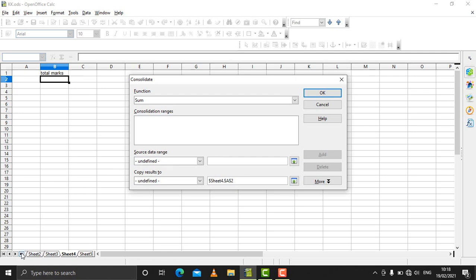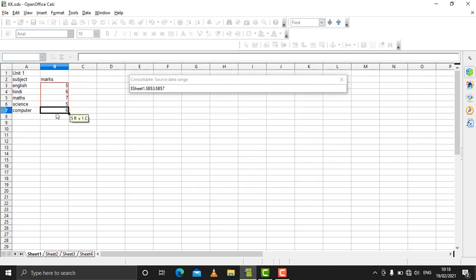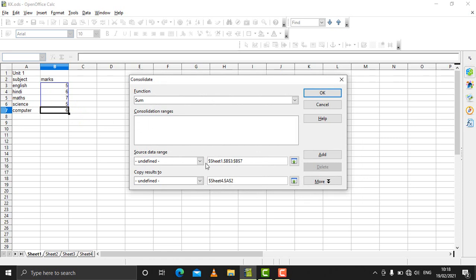On this cell, come to sheet 1. Select the cells on which you want to perform the calculation from first to last. Check, the range of cells comes here. Click on Add. You can see the range came here. Click on sheet 2, perform the same task, select it, the range came here, click on Add, you can see again it comes here. Click on sheet 3, perform the same task, select all the cells from here and click on Add. You can see sheet 1, sheet 2, sheet 3, and these are the ranges of cells from those three sheets. So what I'll be getting is the sum.